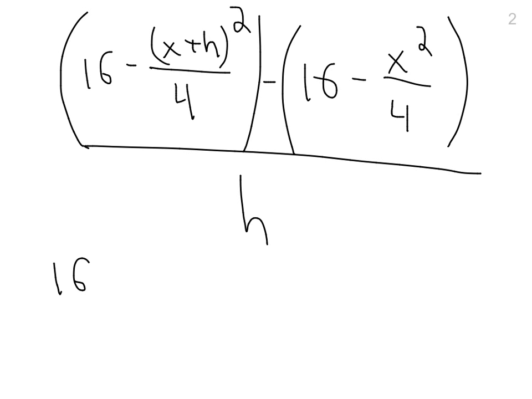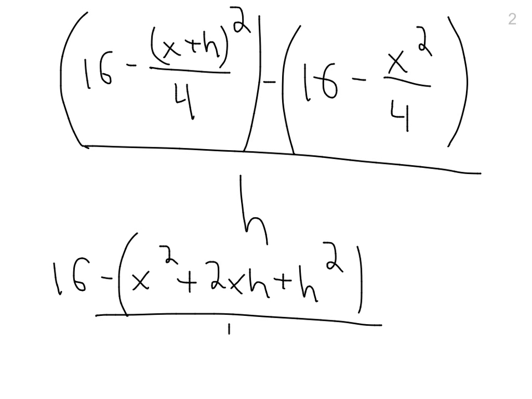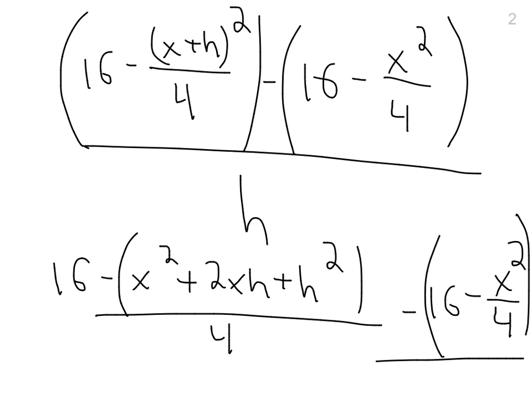So, 16 minus x squared plus 2xh plus h squared, all over 4, in parentheses, minus 16 minus x squared over 4, also in parentheses, all over h. So moving on,